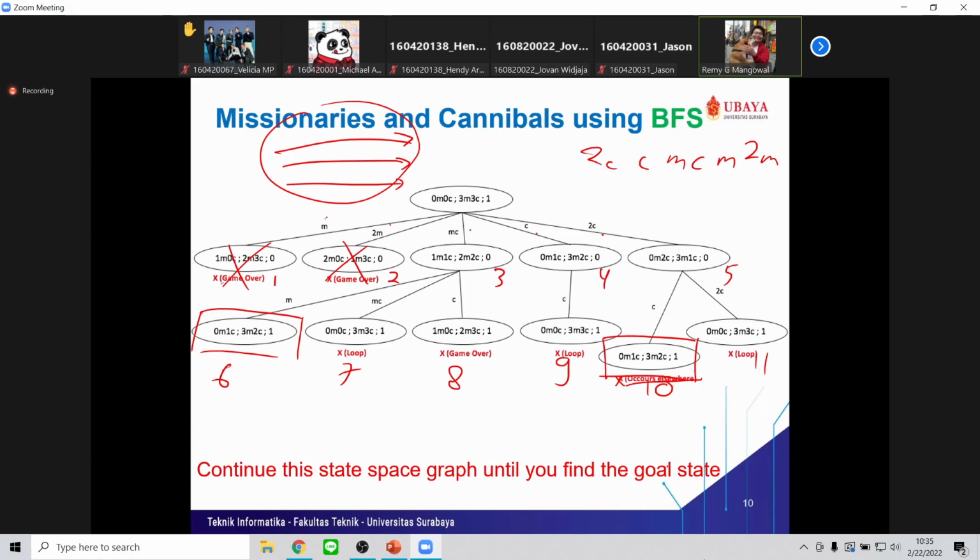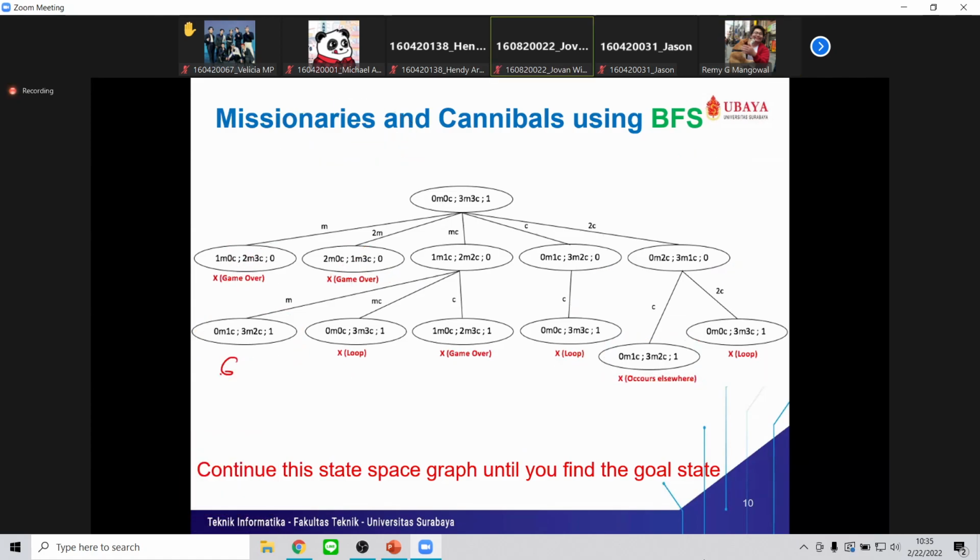Can you understand that? Yeah. It's 6, 7, 8, 9, 10, 11. Because you check this one first, you got 6 first, right? When you find another one, oh, I find an identical one to 6. Because it's found later, it's crossed out. So you only keep the one you found first. Clear enough? Yes.